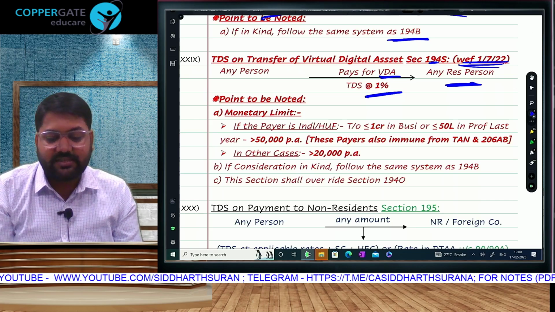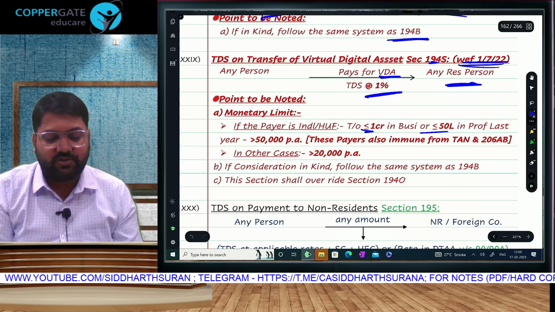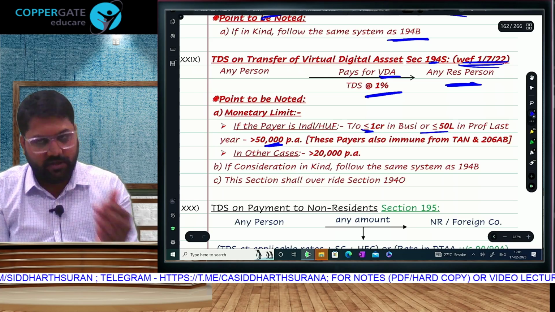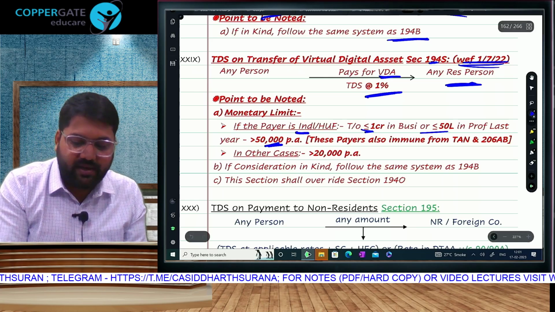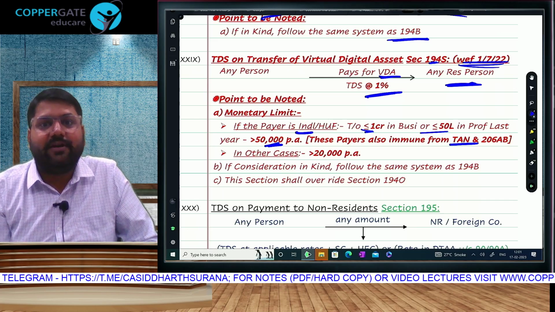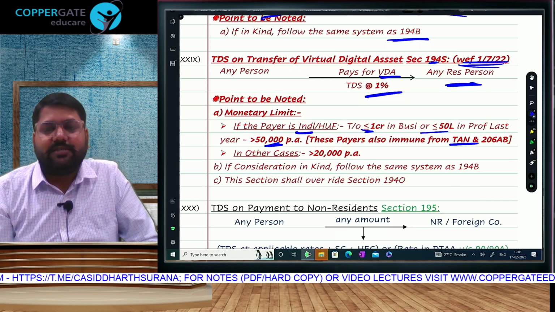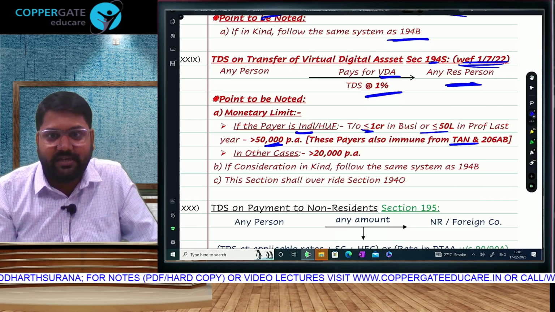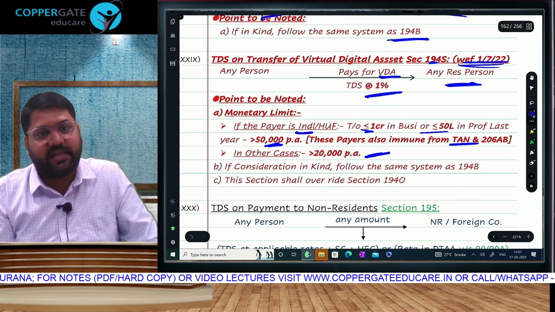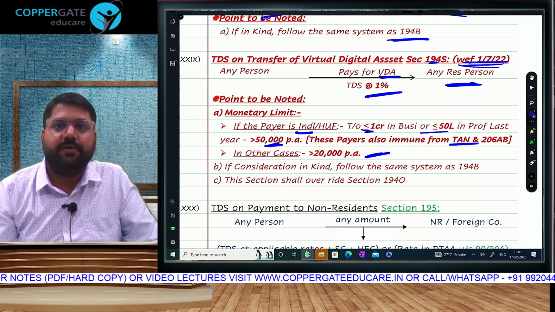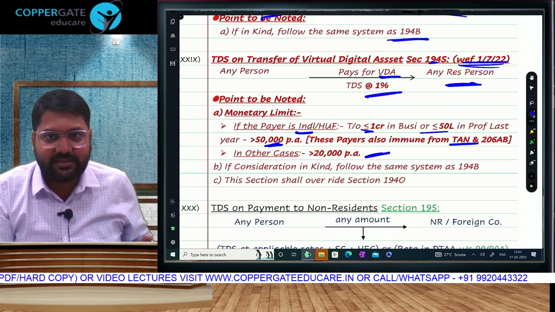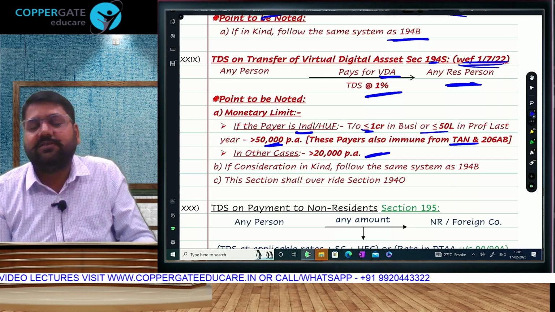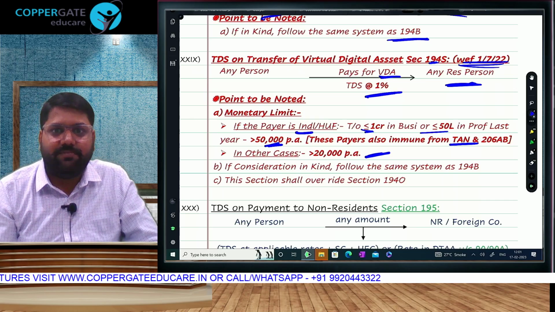When the payer is such an individual or HUF whose turnover did not exceed the threshold, meaning non-hot favorite, then the monetary limit will be more than 50,000. If more than 50,000, then 1% TDS, and these payers are immune from the requirement of TAN and the non-filer rule. And in other cases, meaning a company is making payment or a firm or LLP is making payment, or an individual or HUF, meaning any hot favorite person is making payment, then we will apply the 20,000 threshold, plus TAN is also required and the non-filer provision will also be required. So non-hot favorite payers: 50,000 threshold and immunity from TAN and the filing provision, and hot favorite payers: 20,000 threshold, TAN, and 206AB will also be applicable.